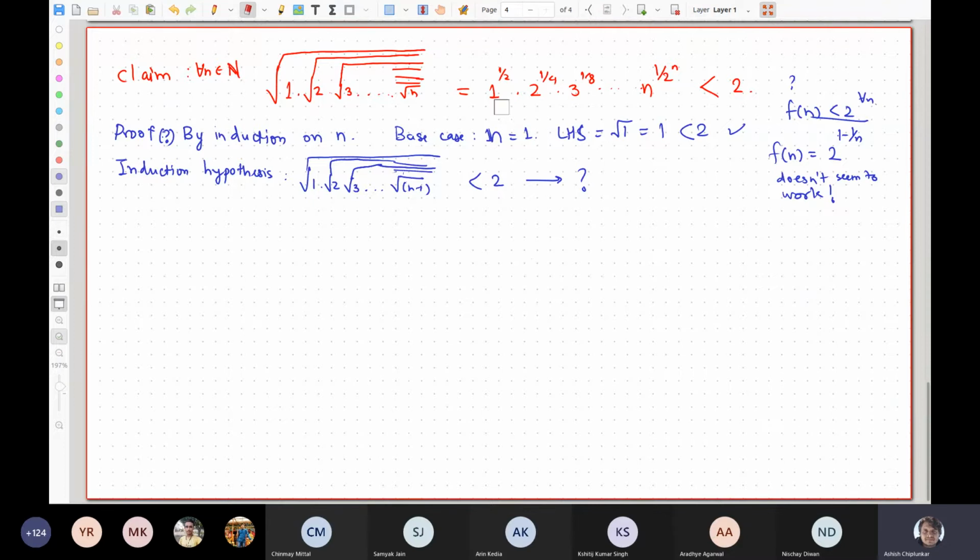Good. So instead of working with this product, we'll in fact work with this square root expression, right? And then, okay. But anyway, so even if you manage to get this proof,